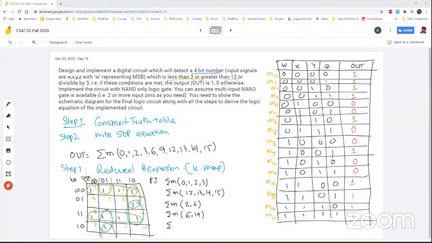Then 9, 13, and 1, 9. Now out of them, these are the clear winner. They are essential prime implicants. So my EPI definitely is this one,